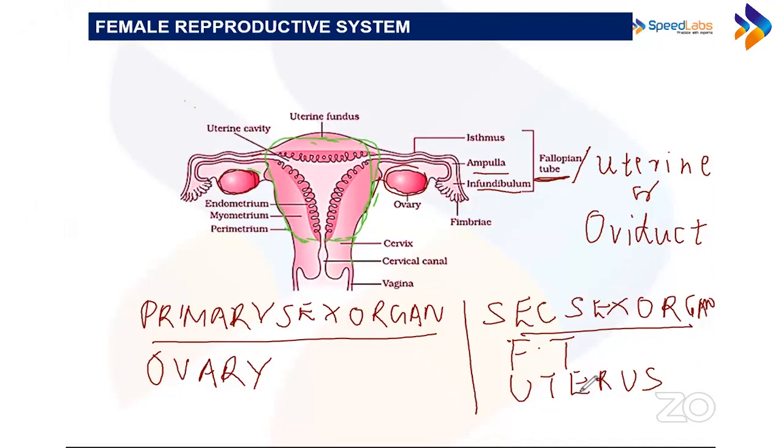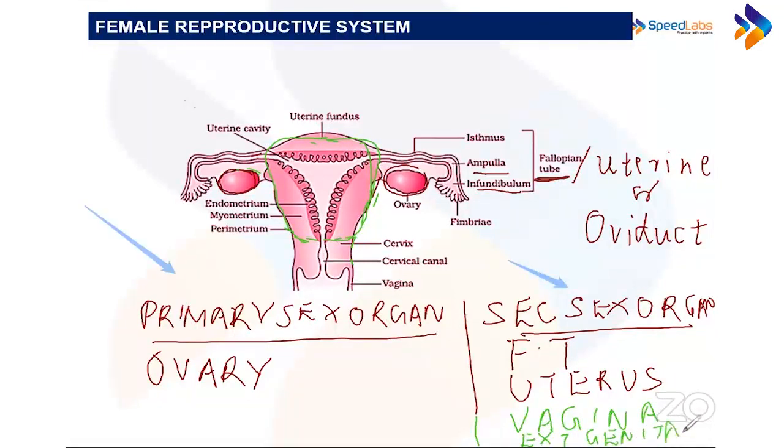यूट्रस के ऑल्टरनेटिव नेम्स क्या हैं? किसी को पता है यूट्रस का ऑल्टरनेटिव नेम क्या है? व्हाट इज द ऑल्टरनेटिव नेम ऑफ यूट्रस? यूट्रस को हम वूम भी बोलते हैं. वी आल्सो कॉल इट वूम. ओके, सो यूट्रस इज देयर. Then the other structures are vagina, and the external genitalia is also there.